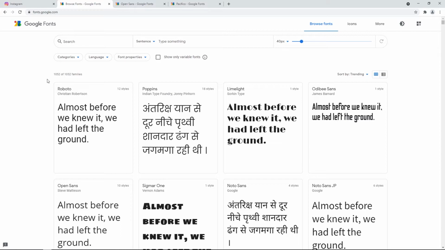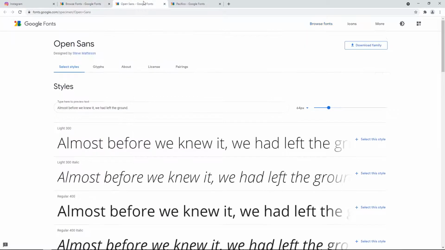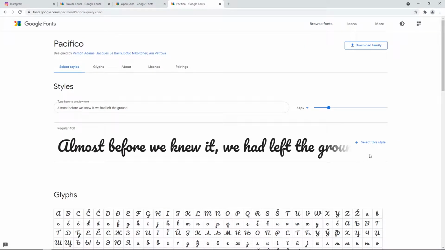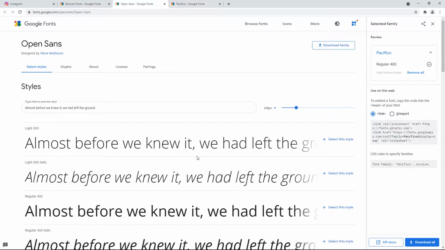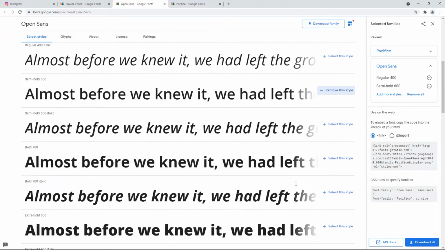Go to fonts.google.com and select Open Sans and Pacifico. Select a font weight, 400 and 600 for Open Sans, and copy the styles into your CSS file.